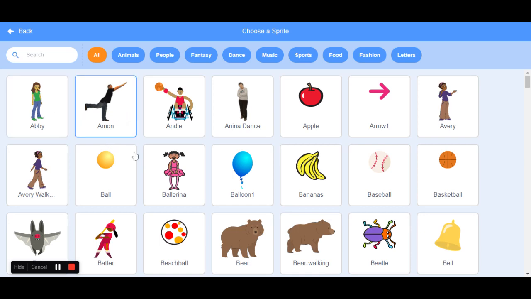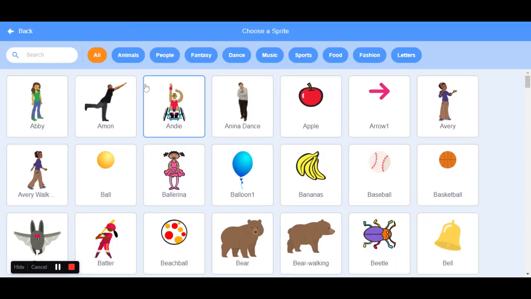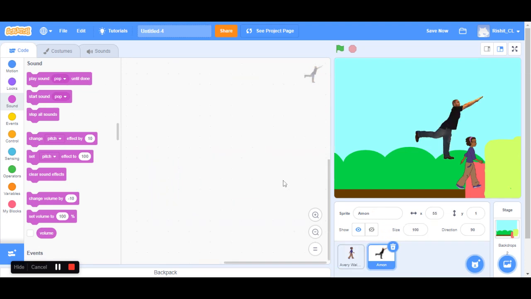Let's add Avery, I guess. No, it's the same person. We add this character. So once we click it, this character has its own set of space for you to add its own set of codes. So you can do the same thing with that, and basically you could change the sounds, customize the characters, backdrops, and anything like that. So after this I've showed you this project, the basics.